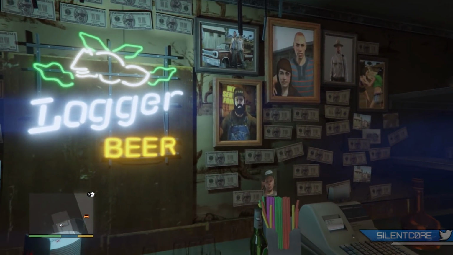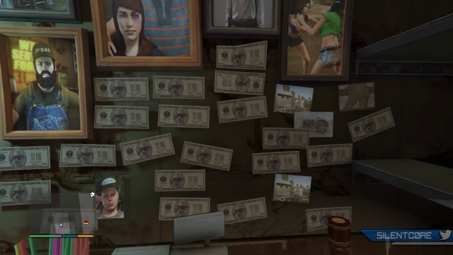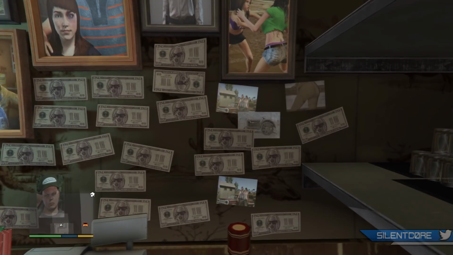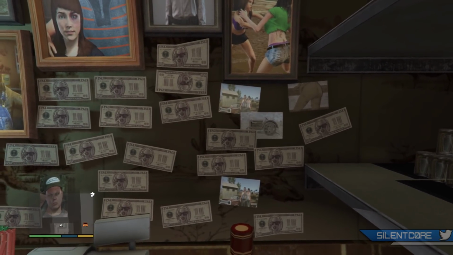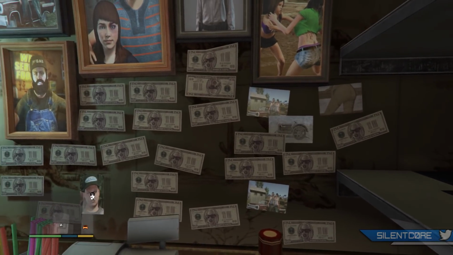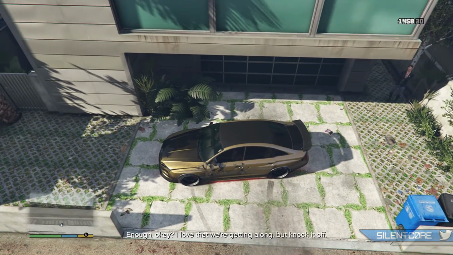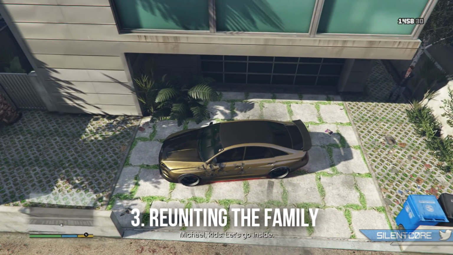These bills also appear to have the date 10/12/2004, 6 PM on them, which is 14 days before San Andreas was released. And of course, each dollar bill has $69 on it. Classic Rockstar. Next up is a small reference to one of the missions that took place in GTA San Andreas,